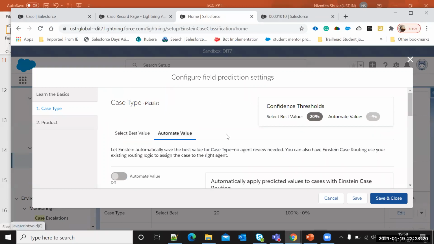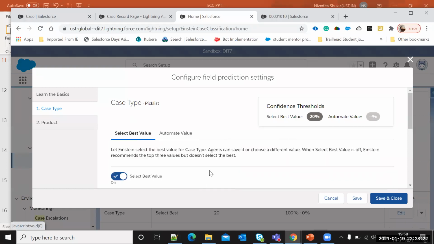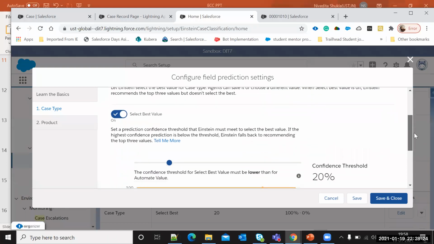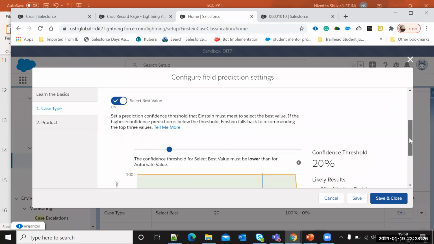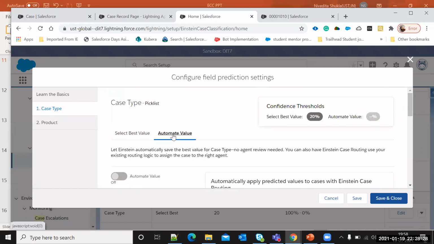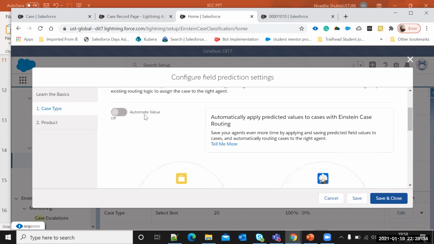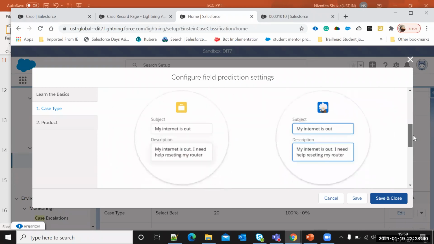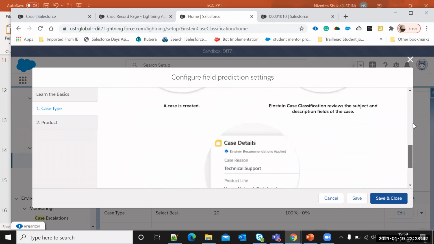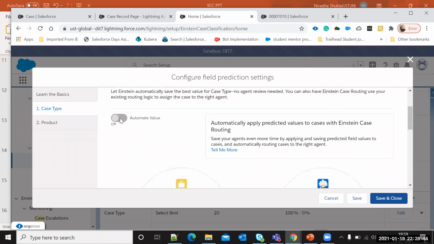And then for the automated, it's just like whatever would be the select best values confidence threshold, so 20 is the best values. If we toggle it, I have edited it, and after that I have cancelled it.